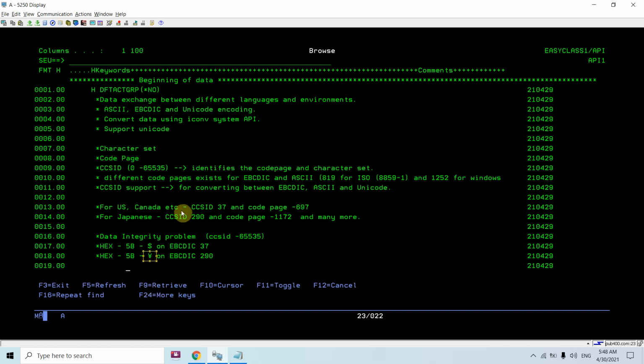So basically it will display this. So before that, we need to convert it using the iconv API, so that the correct hex value gets sent to the Japanese machine, so that it would display the dollar instead of yen.